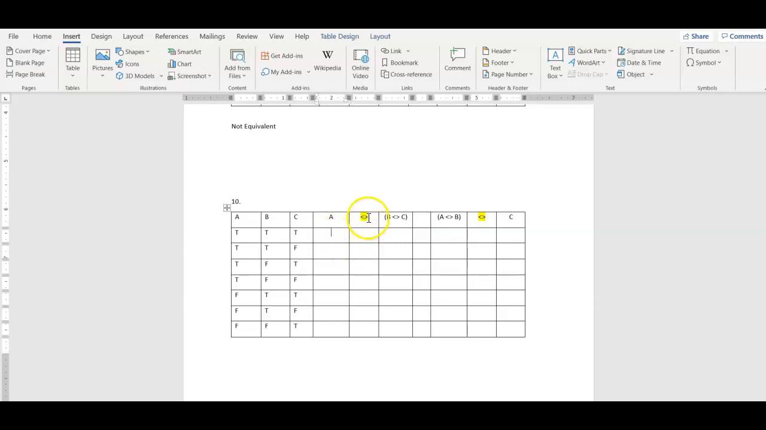Okay, so A, biconditional, B, biconditional, C. So A, we can just copy and paste. I don't know if this will work. I never tried this. Let's see what happens. Okay, so there's our A column. B biconditional C. Remember, the biconditional comes out true if they both have the same truth value. So here they're different, so it's false. Different, so it's false. Same, so they're true. Same,